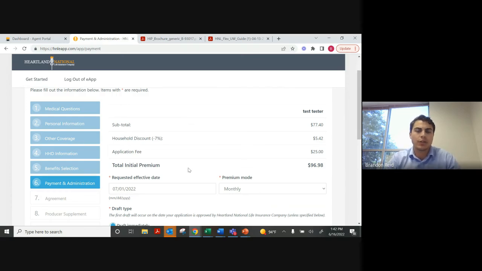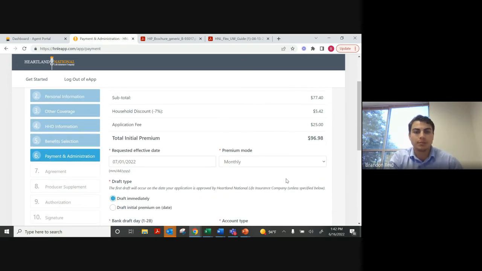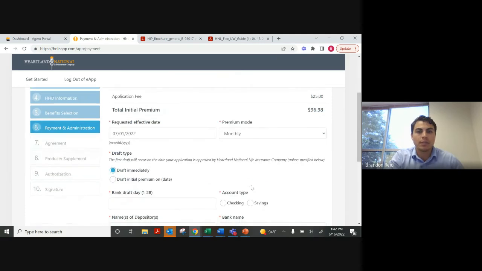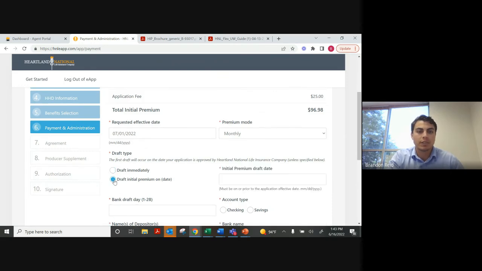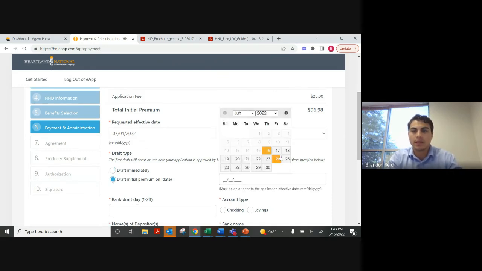We don't offer direct bill via the e-app, you would have to complete a paper application for a direct bill. So a monthly bank draft is what we've set up here. If you want the policy to draft immediately, you can leave it on draft immediately. I typically prefer to change that to their effective date. That way, once that policy starts here, they'll see the premiums come out and be reminded that their policy is